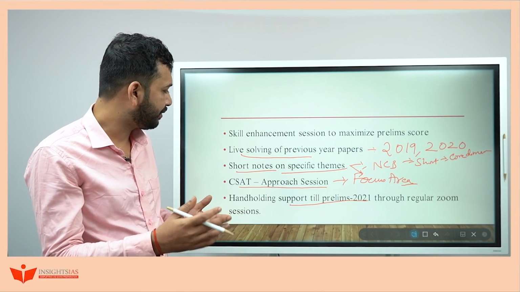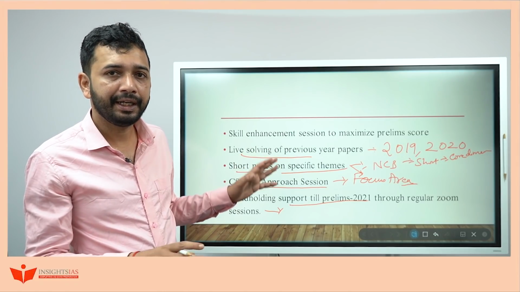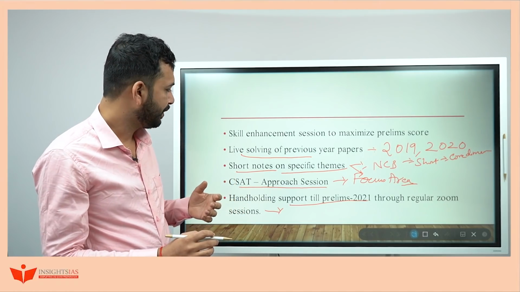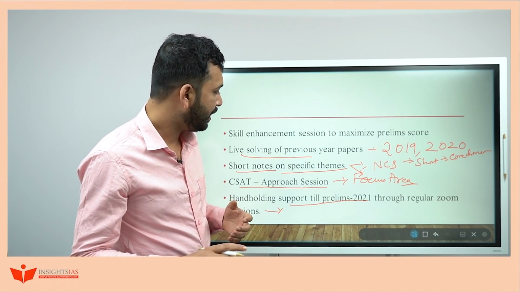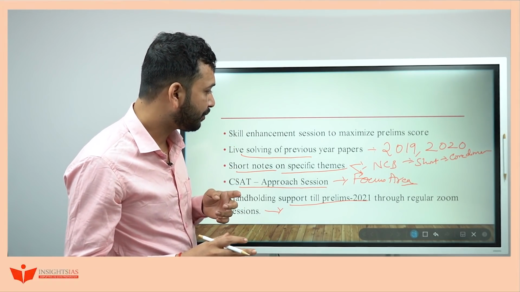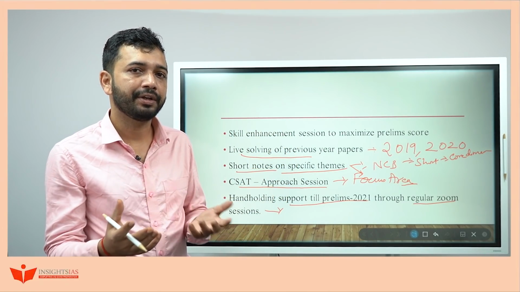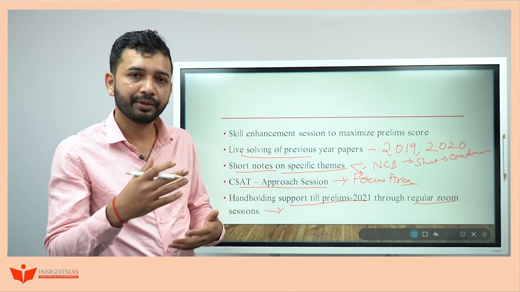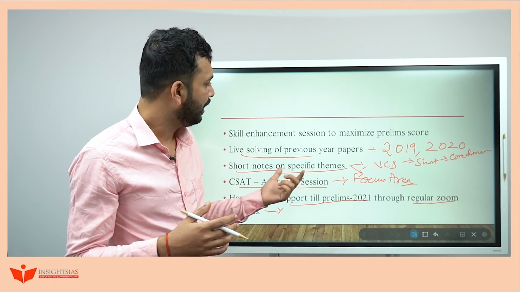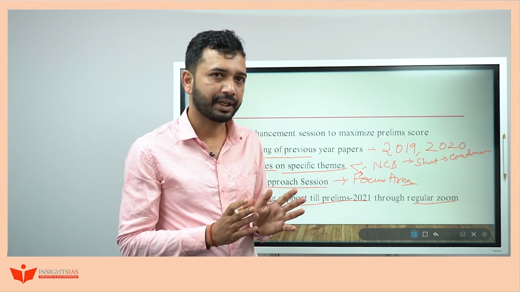Also, you can keep regular touch with myself and Thanmay Sir, who has a record of clearing prelims multiple times, and in one of the attempts he has got 160 plus as well. So he can also guide you. You can always contact us through Telegram, and you can send your solved papers, and if you are making some mistakes, we can discuss them. That will be available till October 10th, okay. So that is about the structure of the class, okay.